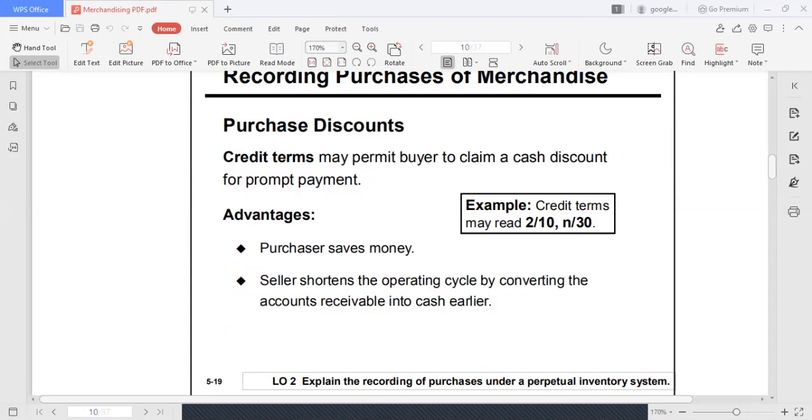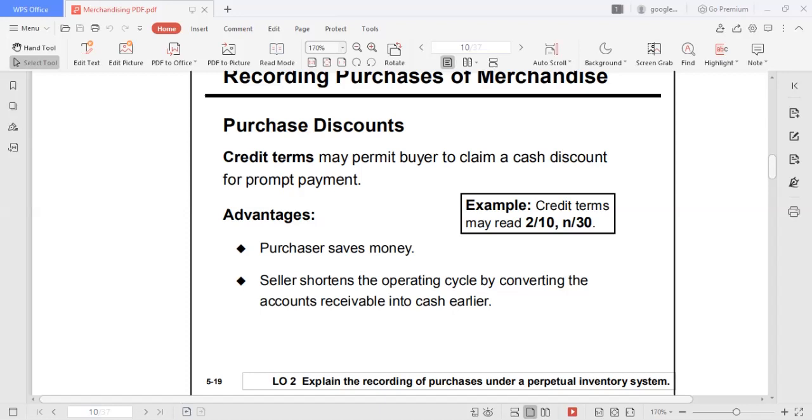Ang trade discounts, hindi yan nire-record sa libro. Ang intention ng trade discounts is to encourage volume of purchase. Ibig sabihin, you are encouraging na maraming bilhin na product sa'yo dahil nagbibigay ka ng discount. On the other hand, kapag cash discount ang pinag-uusapan, the purpose of the cash discount is to encourage prompt or